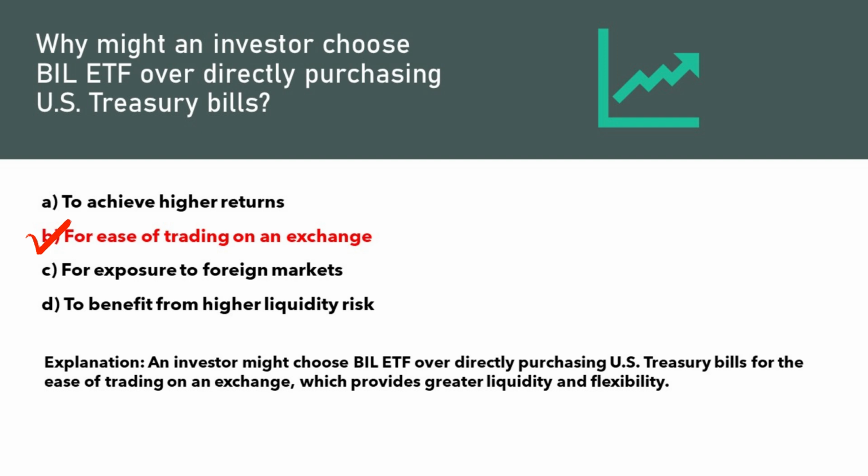Answer: B. For ease of trading on an exchange. Explanation: an investor might choose BIL ETF over directly purchasing U.S. Treasury bills for the ease of trading on an exchange, which provides greater liquidity and flexibility,